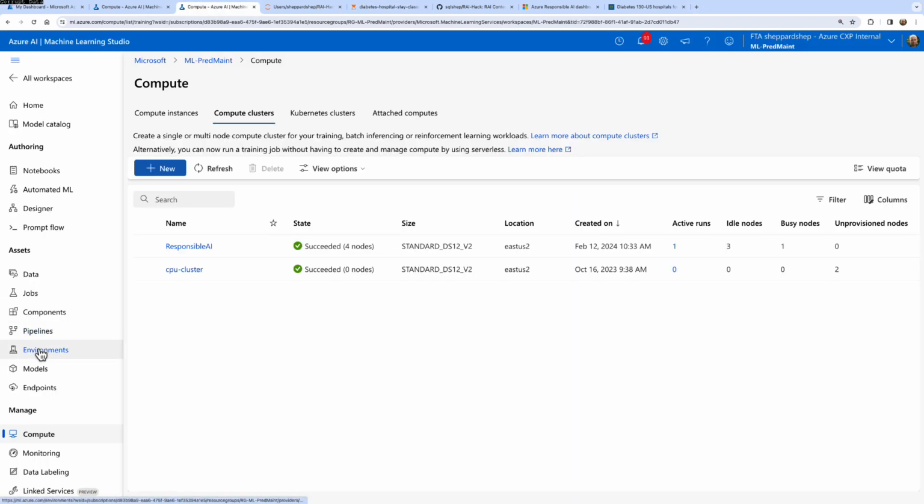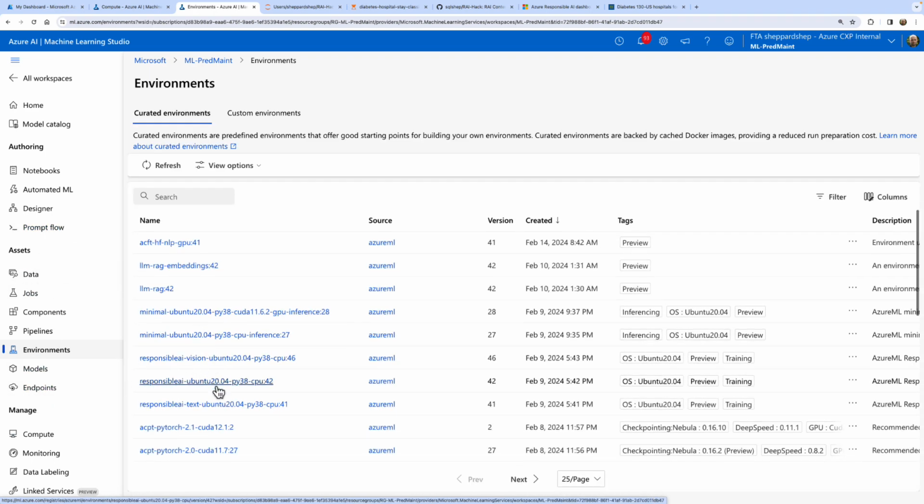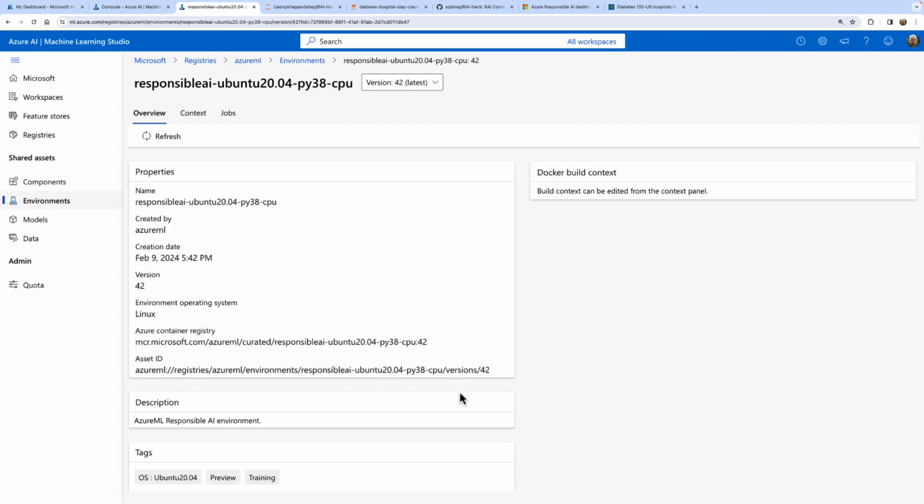Well, actually, it's really simple. We have the environments out here on the blade on the left. And if we look at this, you'll see that we do have environments that you can choose from. So in this case, I'm using this Responsible AI Ubuntu Pi38C42 environment. And to get the URL to where that thing goes, you can copy it from the asset ID,